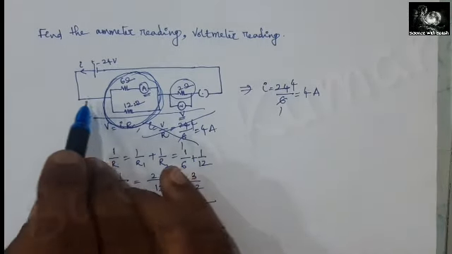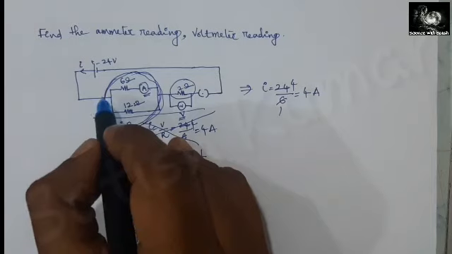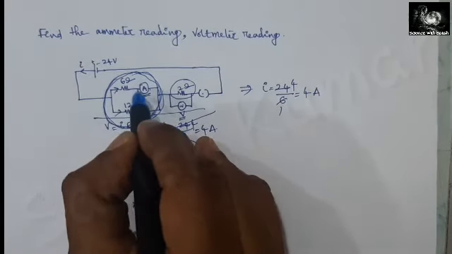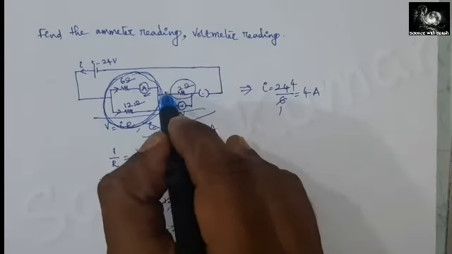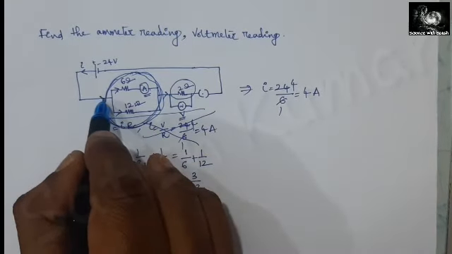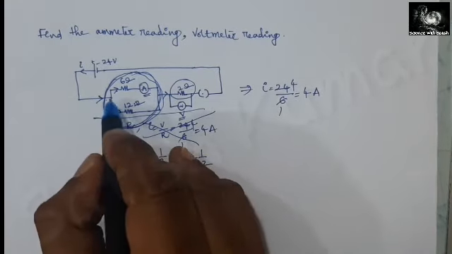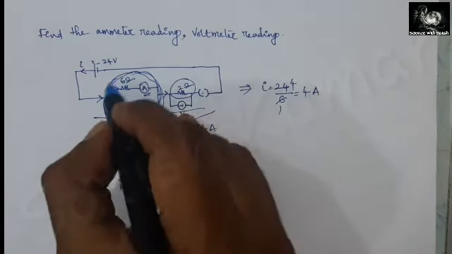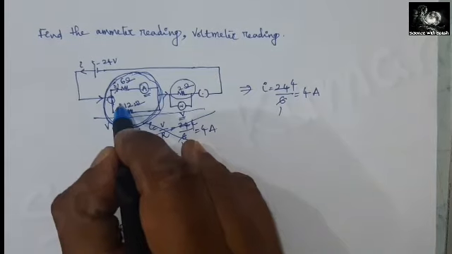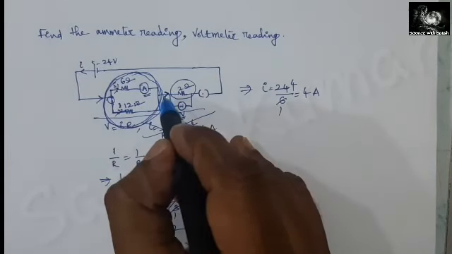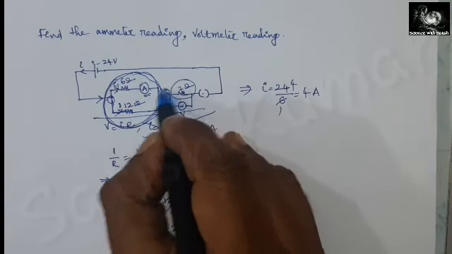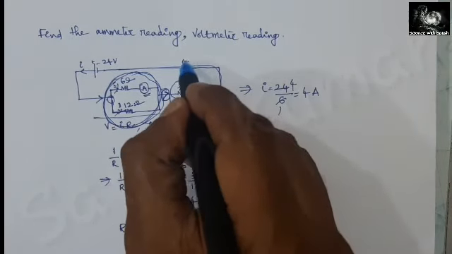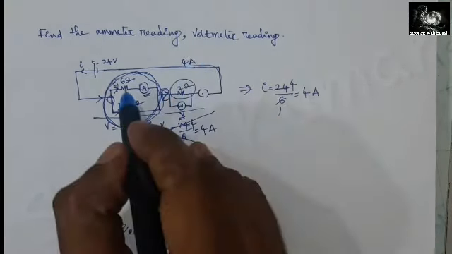So, this 4 amps comes here and splits in this way and comes out as 4 amps. This means 4 amps enter here, and at this point this 4 amps splits like this and becomes I1 and I2, and again these two will be added and the current through this whole circuit is 4 amps. So, how much is I1?